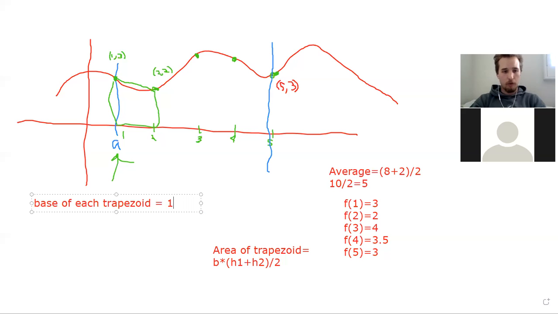Base of each trapezoid is 1. We have 4 trapezoids going from 1 to 5. Okay, so now we just have to figure out the height of each trapezoid, right? So we're going to start with